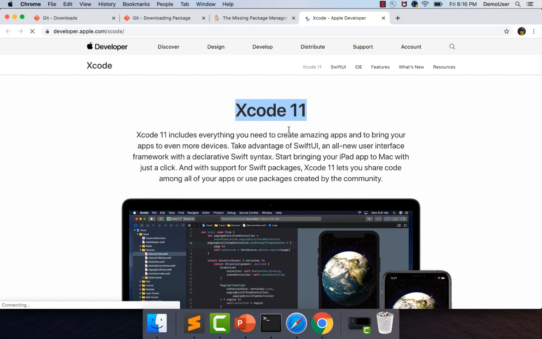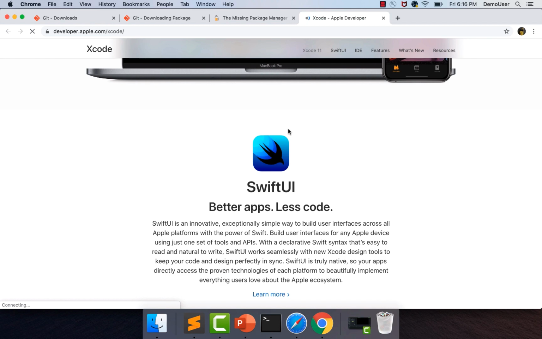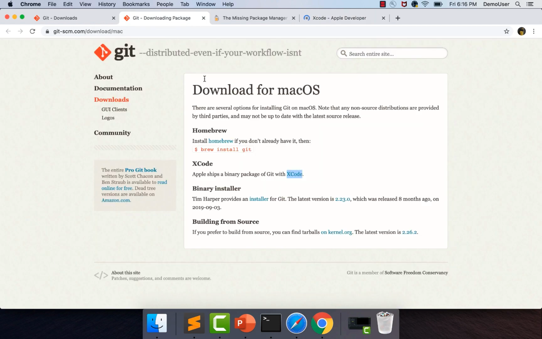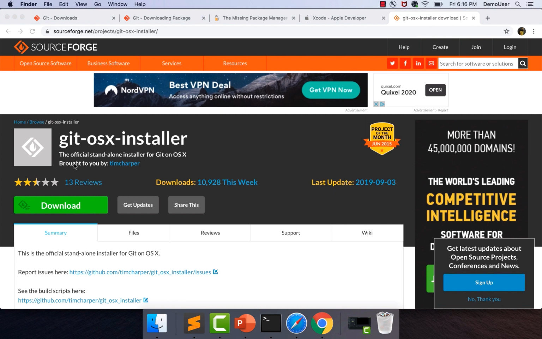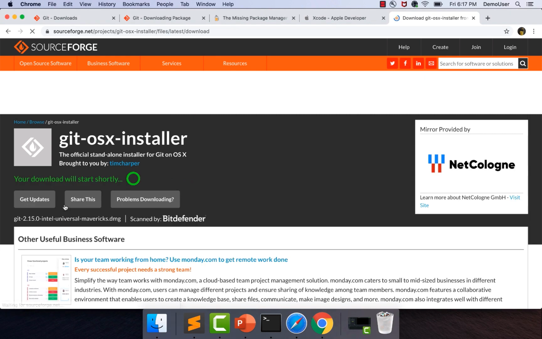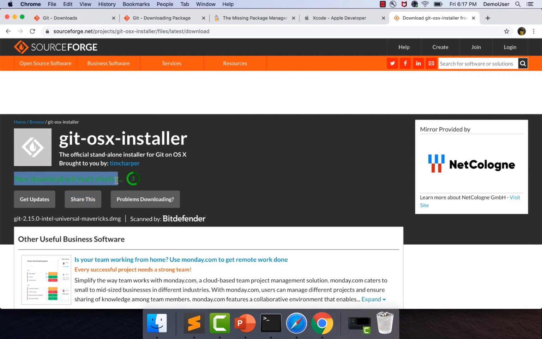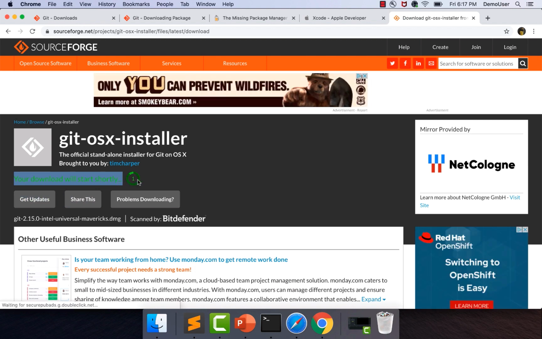So this is another way: you can always go back and install Xcode as a part of your system, and it comes with a lot of packages by default, and Git is one part of it. The second way is installing a binary installer, which is the normal way we use for Windows as well. You have to right click on this and click on new tab. You can see a new page has been opened for downloading the installer for Git. You can click on this download icon over here, which will start downloading the Git installer on the local system, and you have to wait for a couple of minutes.